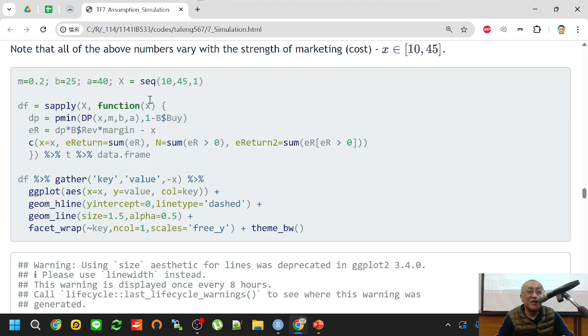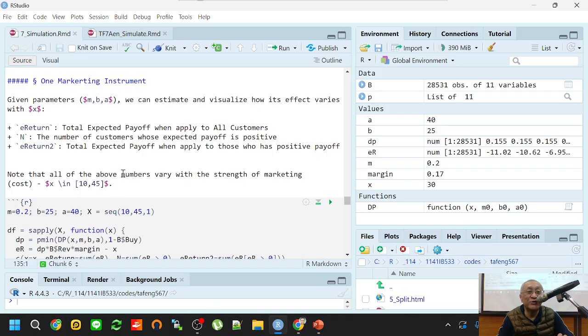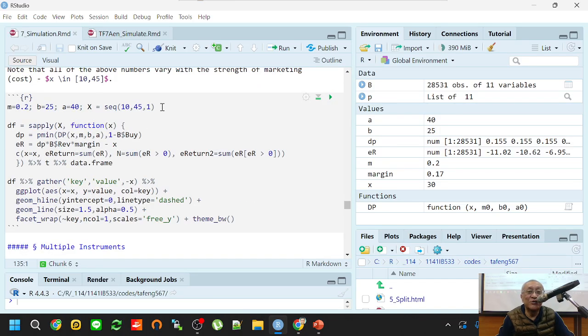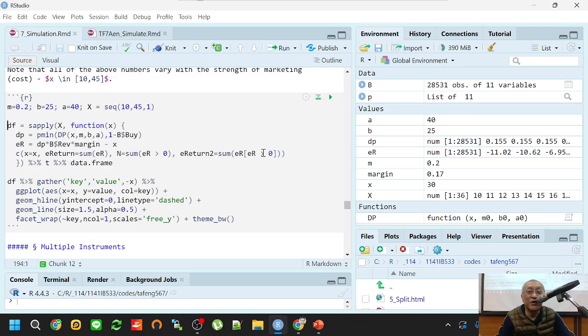So if we want to do that, we need to set the capital X as a vector of cash coupon values. So let's go back to here. After I run this line of code, I will have an X vector from 10, 11, 12, 13, up to 45. We want to do the